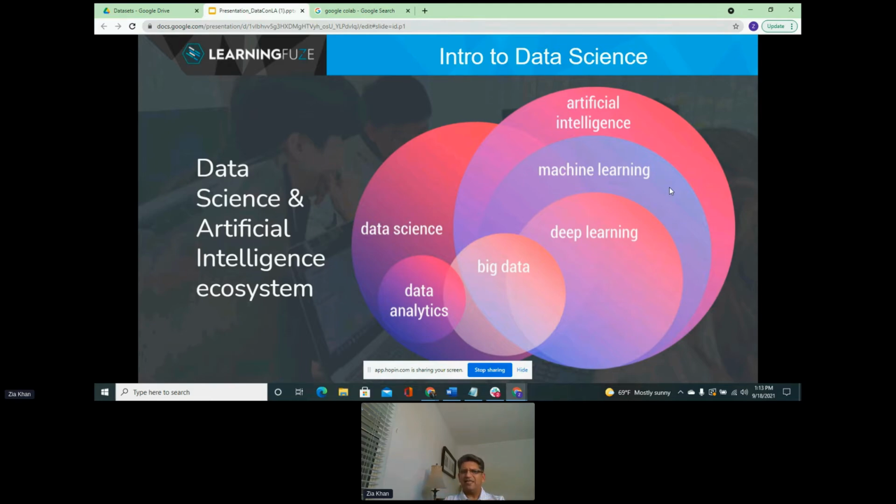With data analytics we are looking in the rearview mirror to see what has happened before, and with predictive analytics we are trying to look into what is going to happen in the future. Data analytics comes under the umbrella of data science, and we look at both of those in order to understand and drive knowledge and value out of the data.